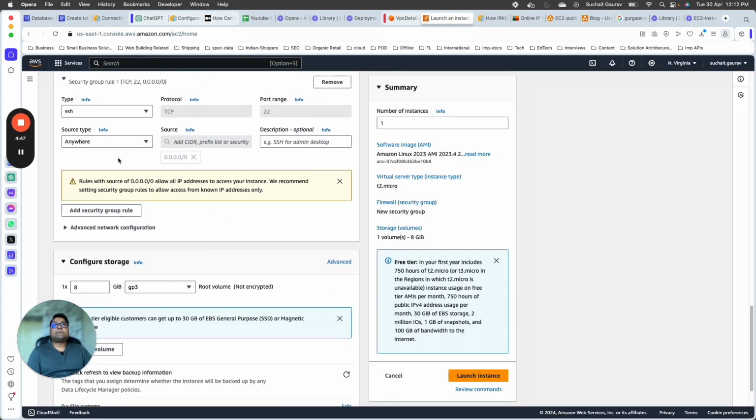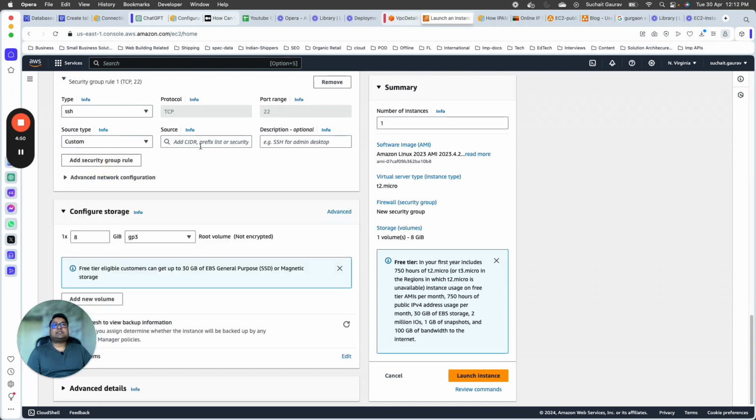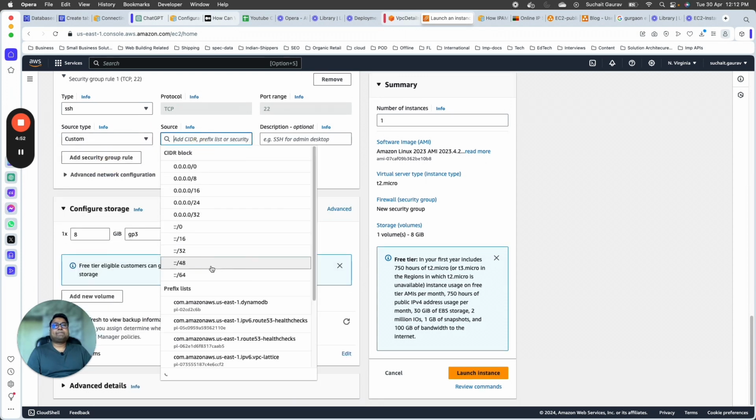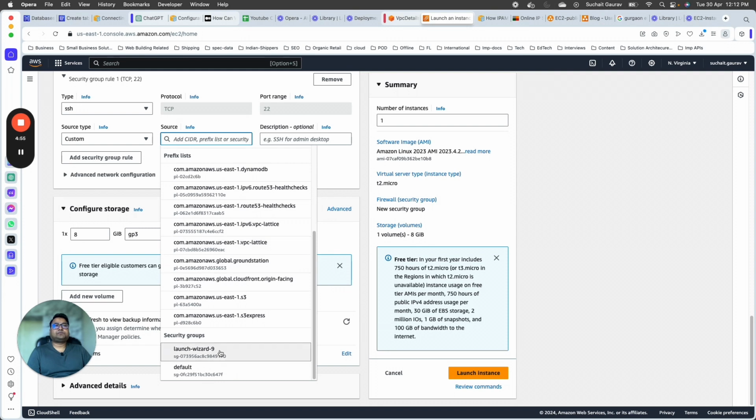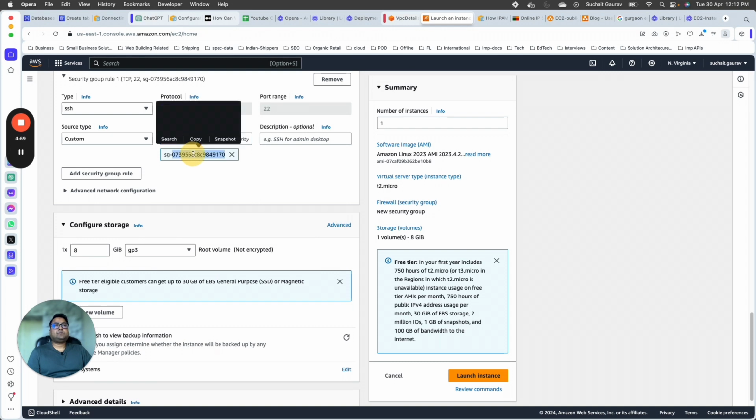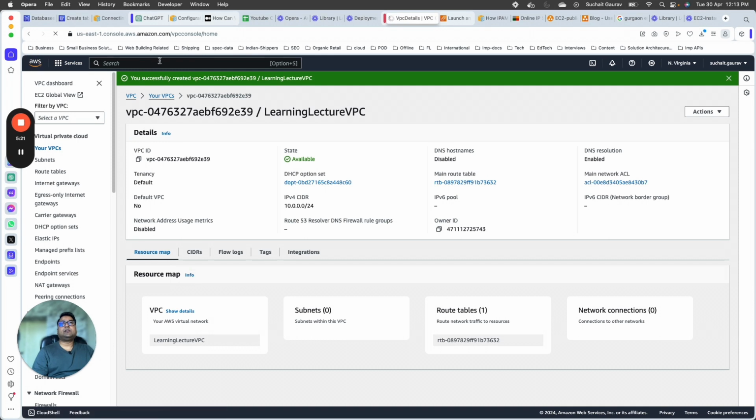Now I'll go back. I will say not anywhere, I'll say custom. From where? I'll say if that comes from launch wizard 9, right? You see this. Now you must be wondering what is this launch wizard. So this is the application security group of your public subnet, right? If I copy this and go here, VPC, and then go to my VPC,